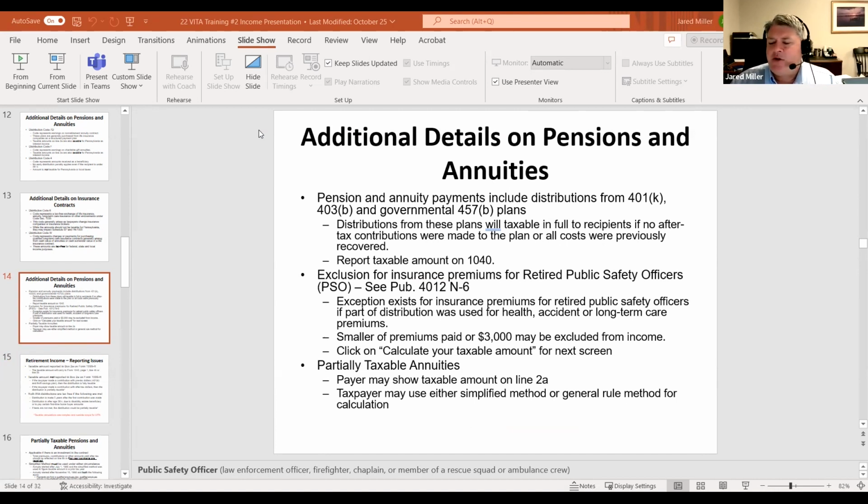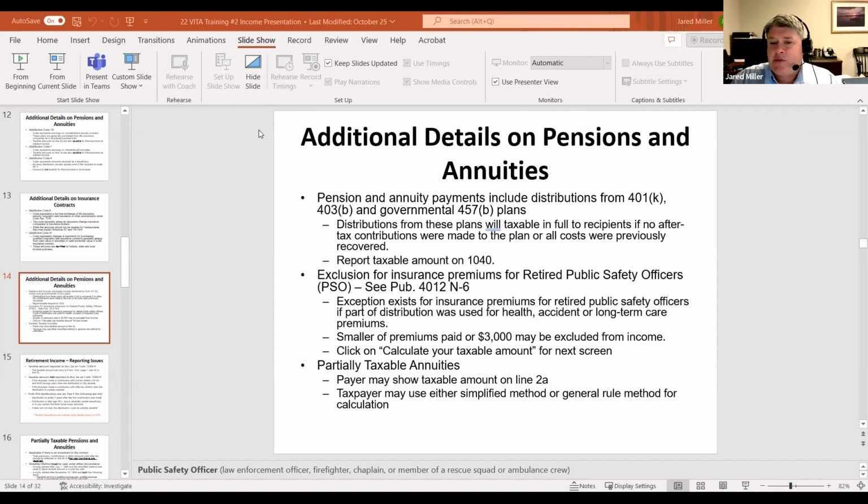One thing I wanted to mention here in the middle of this slide is really the exclusion for insurance premiums for retired public safety officers, or PSOs. A little bit more information in your Pub 4012 on N-6. So a public safety officer is any retired law enforcement officer, a firefighter, a chaplain, member of a rescue squad, ambulance crew, who is using part of their retirement distribution to help pay for insurance. So that is any type of health insurance or accident insurance or long-term care premiums.